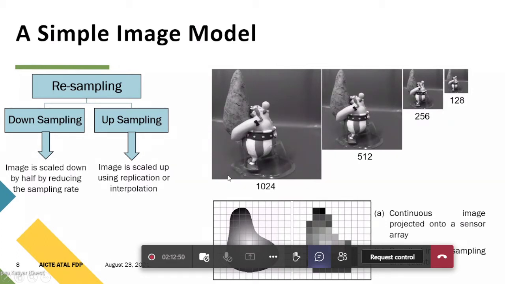This is known as downsampling, and the sampling rate is given by the Nyquist criteria. Similarly, if you move from right to left, the right one is the smallest image. If you have an image which is small in size, that size can be increased, right? Here the original image is this one, its size could be doubled, then doubled again, then again. So depending upon the requirement, you can see how much you can play with the image and how many features it provides you. That is the beauty of image processing.